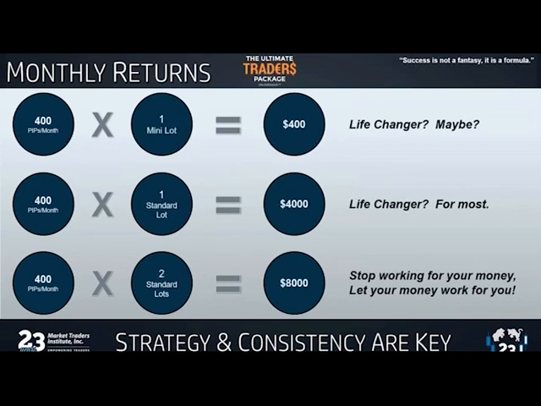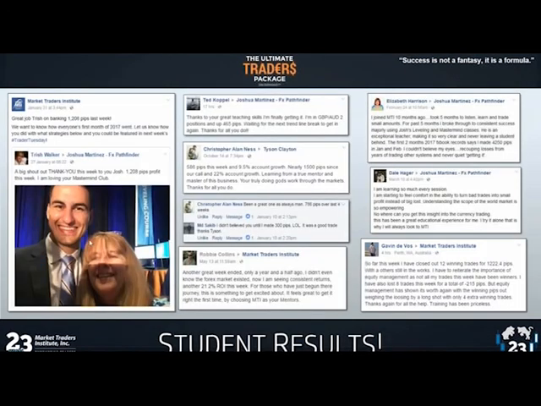Let me tell you, we have a lot of successful students. I've got Trish here in the lower left-hand corner. She does a great job. She just banked 1,200 pips last week. Okay, I've got Christopher. He made 586 pips this week, and his account went up 9.5%. Is that making sense for everybody?